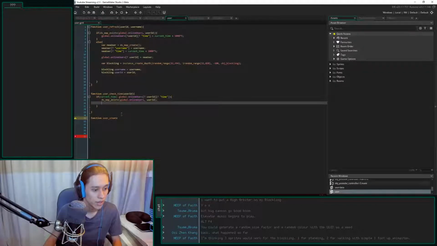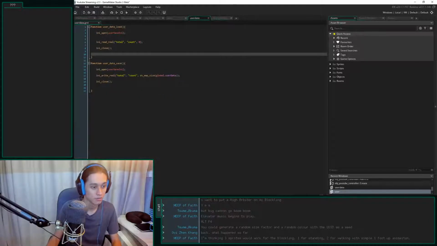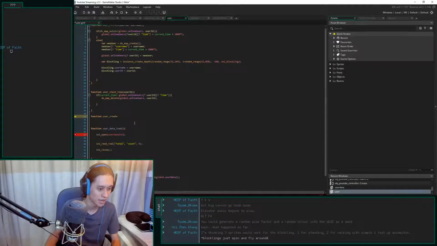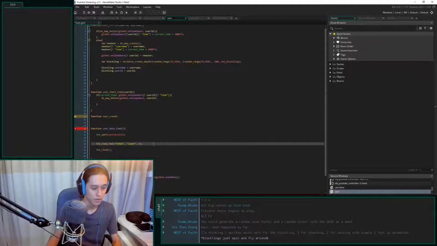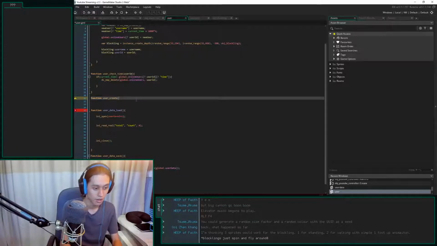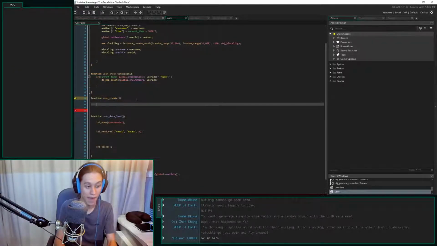Let's have a look. We have our function user create. Ooh, how are we doing this? So when I first load everything, I'm going to copy everything from here into the other one, since our user data is all linked together. So user data load. As I load it, I'm going to user create, and I'm going to give it the parameters of the user ID. We're just going to put everything inside here. So actually, ooh, user create is going to return a map.